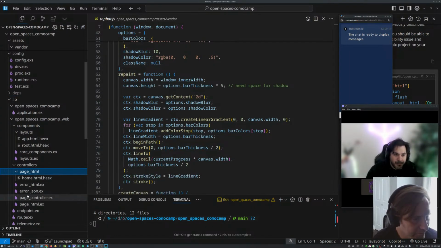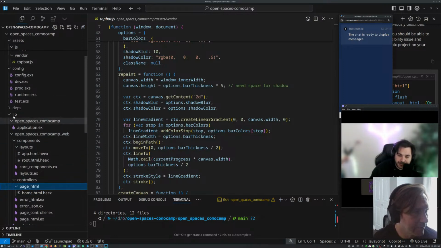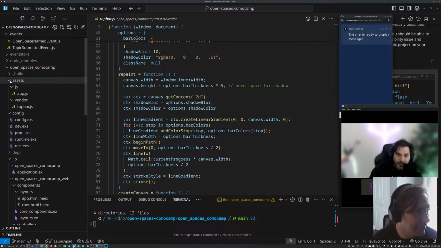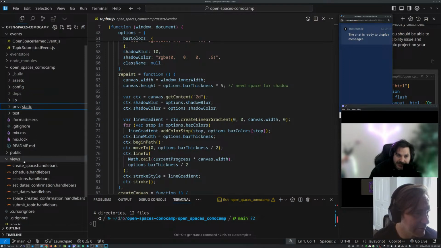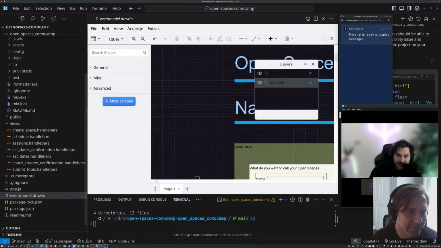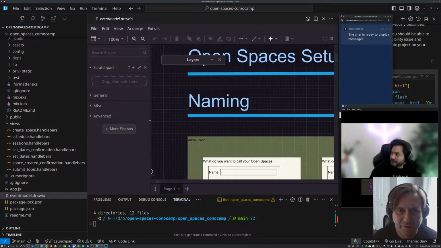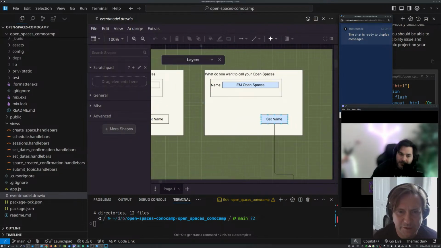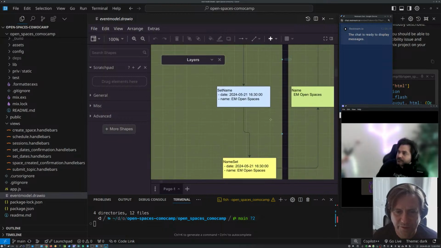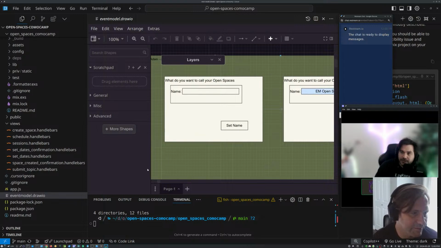Okay. So if you go to, let me close a lot of this. There's way too much stuff here. Assets, config, lib. Okay, so we go back to our event model and we see that we want this page. And when you hit this button, we want to store this information. So where would I start?